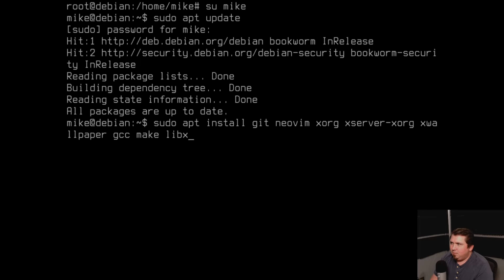So libxft-dev, libx11-dev, libxinerama-dev, libxcb1-dev, and that should be all the dependencies. But I still need a web browser. So let's install